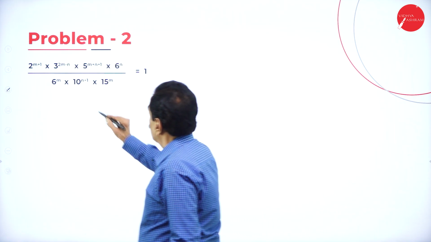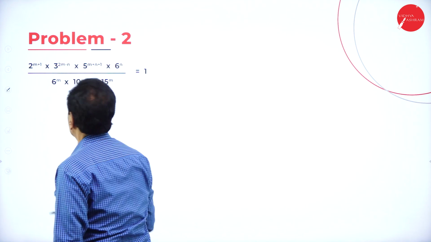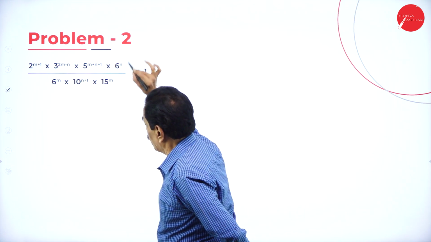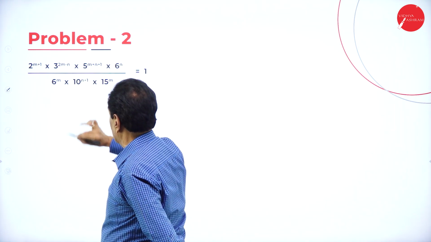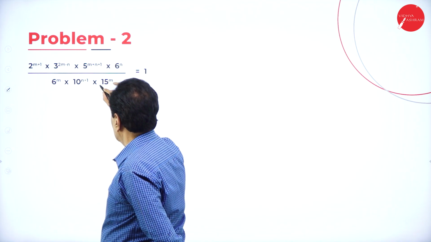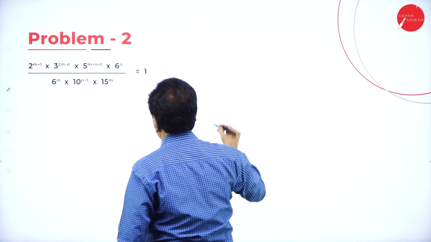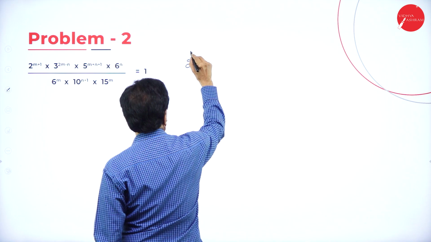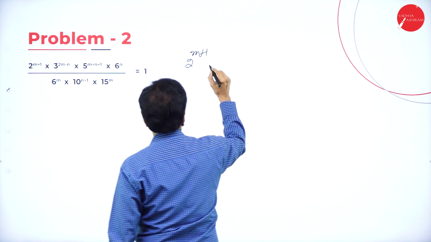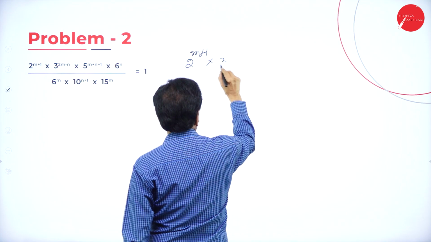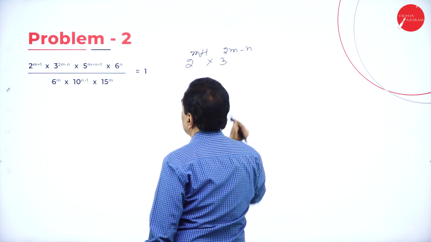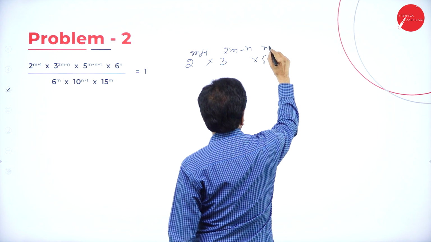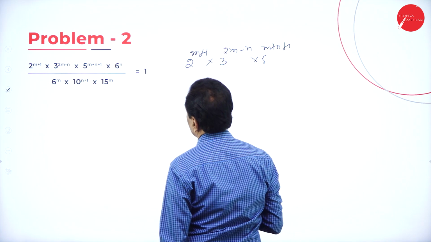This is 2 to the power of m plus 1, 3 to the power of 2m, 5. This can be written as 2 into 3 to the power of n. This is 2 into 3 to the power of m, 2 into 5 to the power of n plus 1, 3 into 5 to the power of m. Simply we can do that. We can simplify this. 2 to the power of m plus 1 into 3 to the power of 2m minus n into 5 to the power of m plus n plus 1